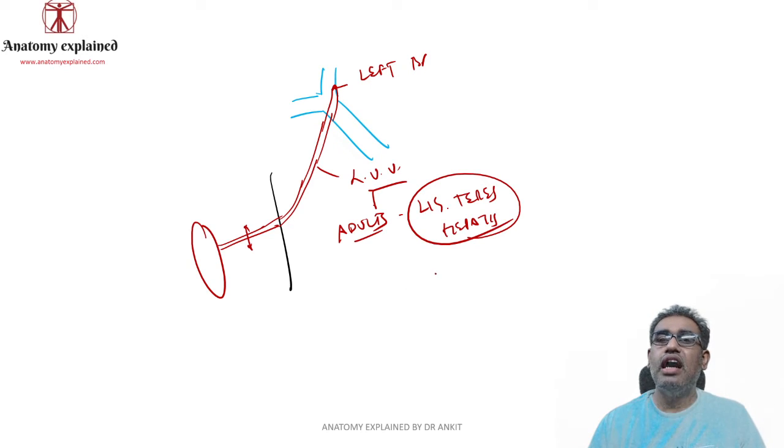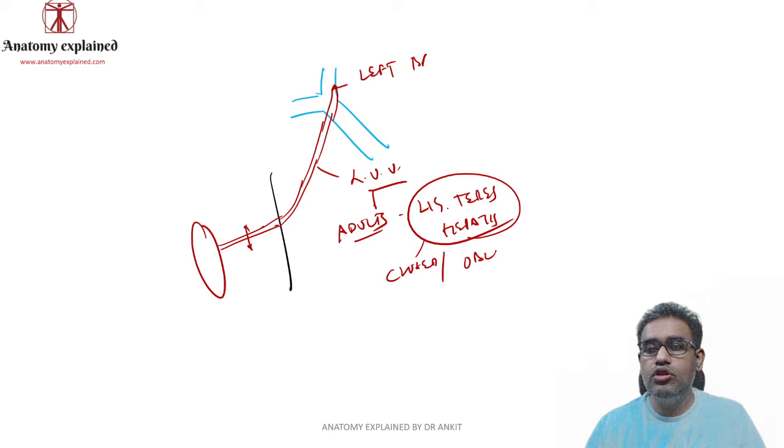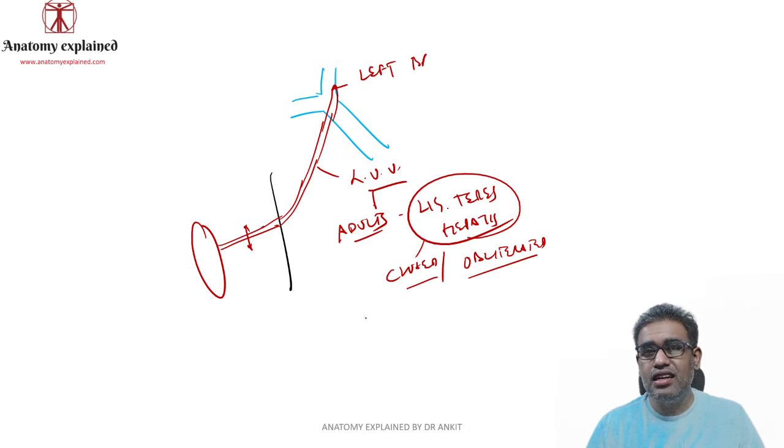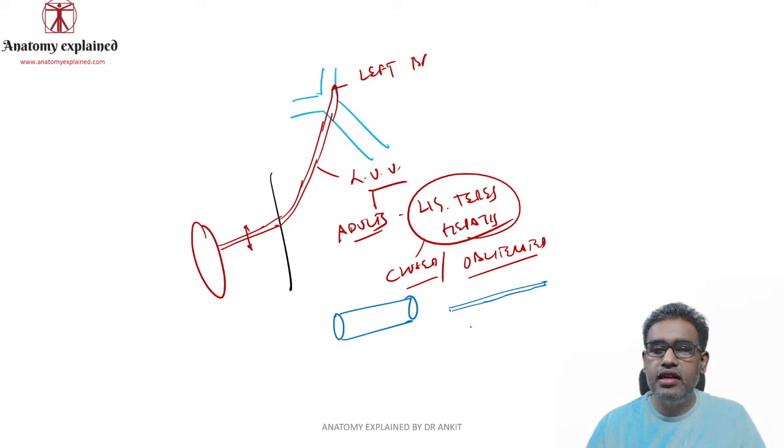Normally in half of the individuals it is closed, in half of the individuals it is said to be obliterated. What does it mean? Closed means that this lumen is there, but it is not carrying anything. So suppose this is the normal left umbilical vein. After it is closed, it will be somewhat like this, that lumen will be there but nothing is inside it. And obliterated means it is being obliterated like a regular ligament. So in most of the individuals it is closed.